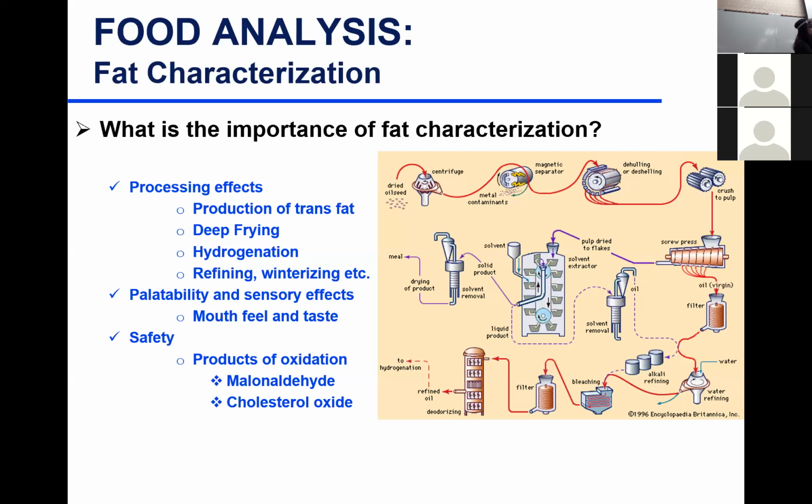Then the quality of the oil will deteriorate. You'll get oxidation as a result of that. So deep frying multiple times with the same oil can result in the hydrolysis of the oil, production of free fatty acid, oxidation, and potentially production of toxic components for advanced stages of